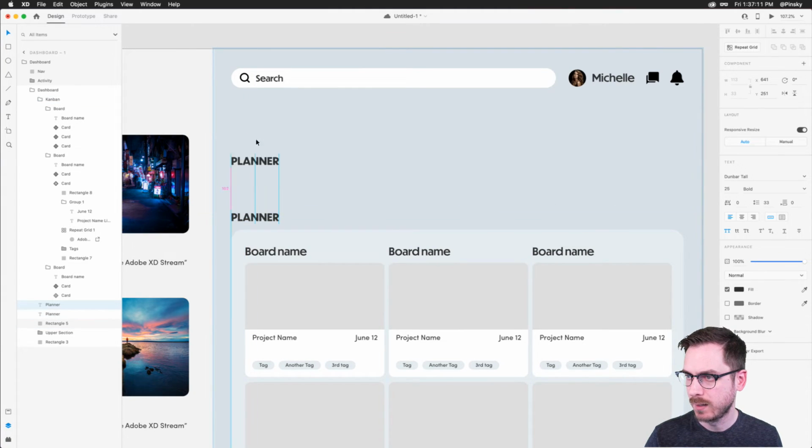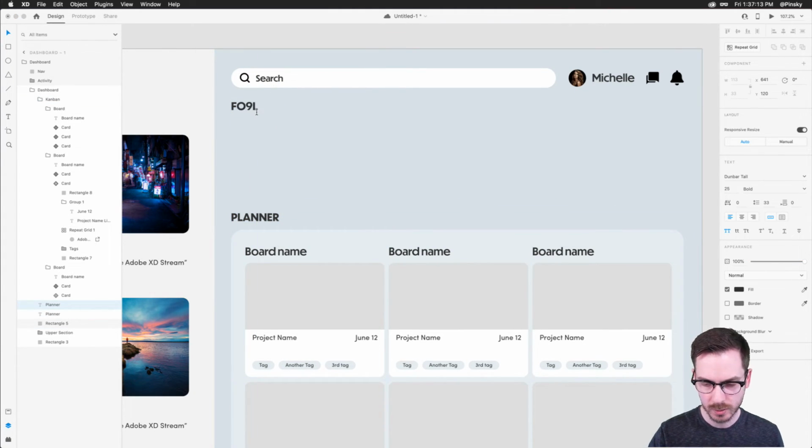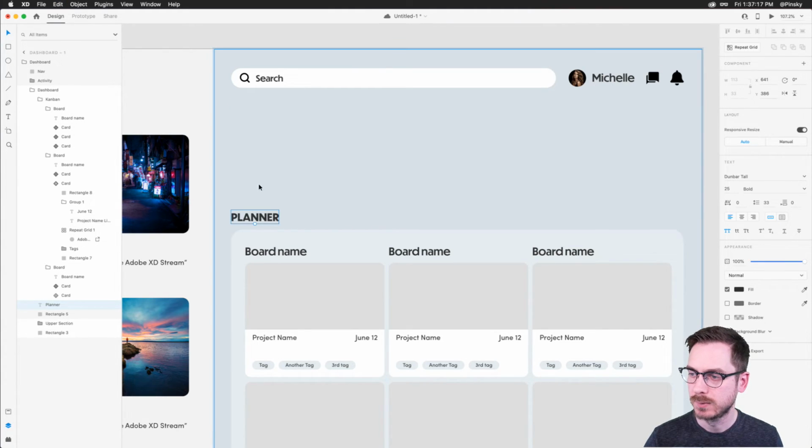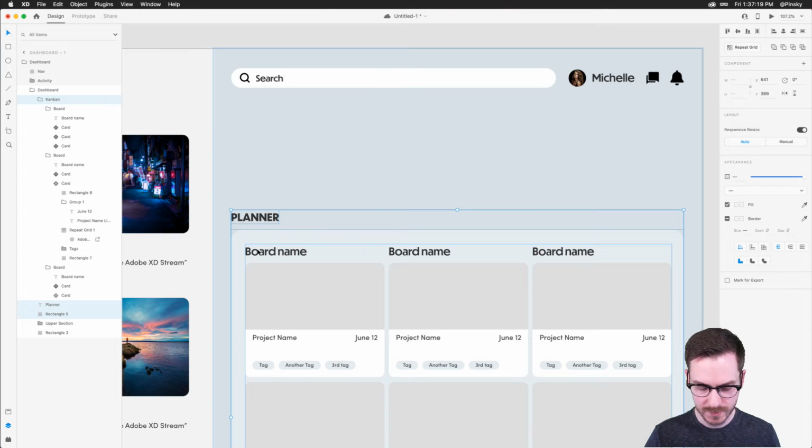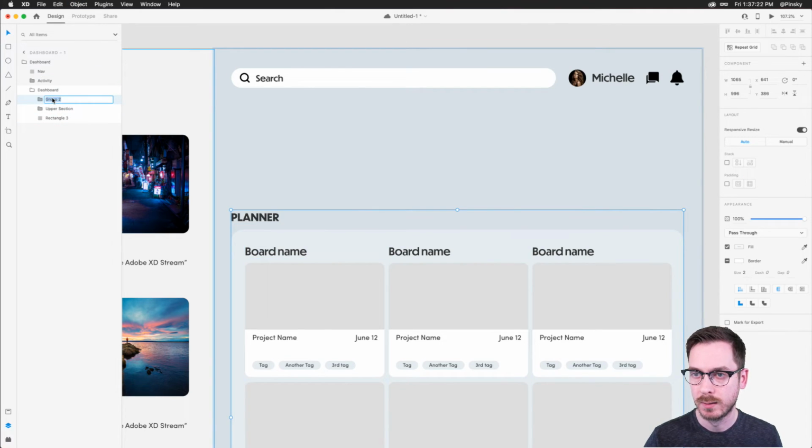So I'll grab planner, I'll just move this up a little bit, and this will be called folders. You know what, I don't even have to do that. What I can do is select all this information, group this, and this will be called modules,